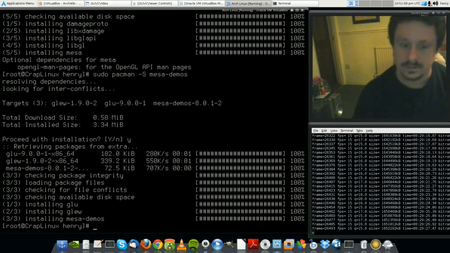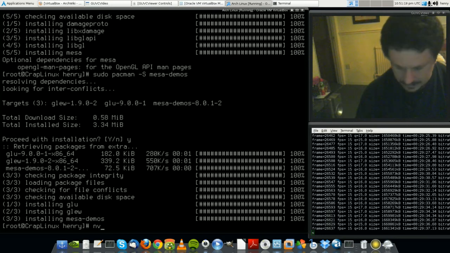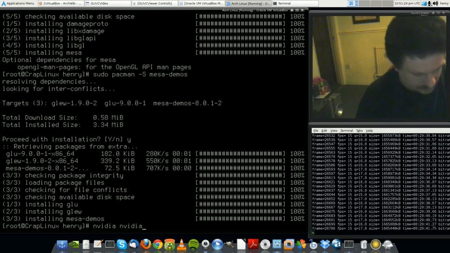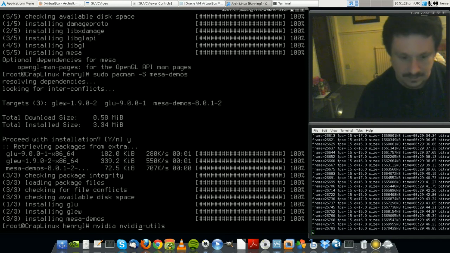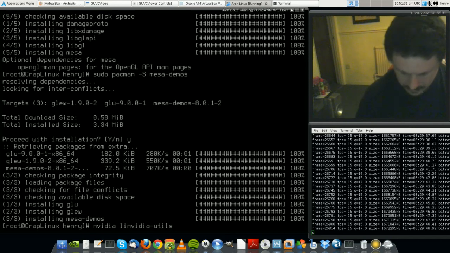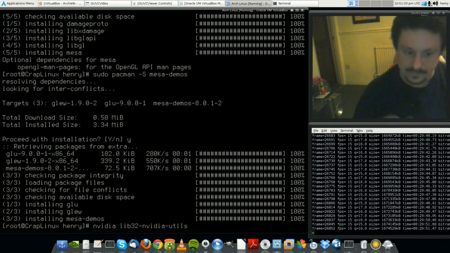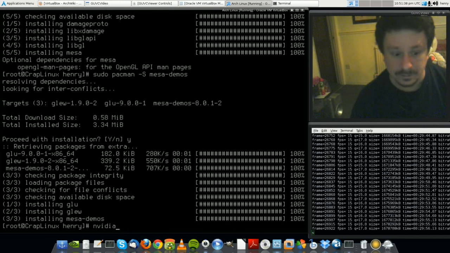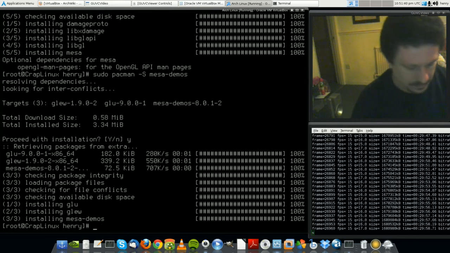Now at this point in time, you'd be wanting to install your graphics driver. So if it's NVIDIA, it would depend on if you've got a 64-bit or 32-bit. For 32-bit, you'd probably put nvidia like that, and then nvidia-utils, and install it like that. And if it's 64-bit, you'd put lib32- in front of it. As for ATI, I'm not too sure what it is, but for this,